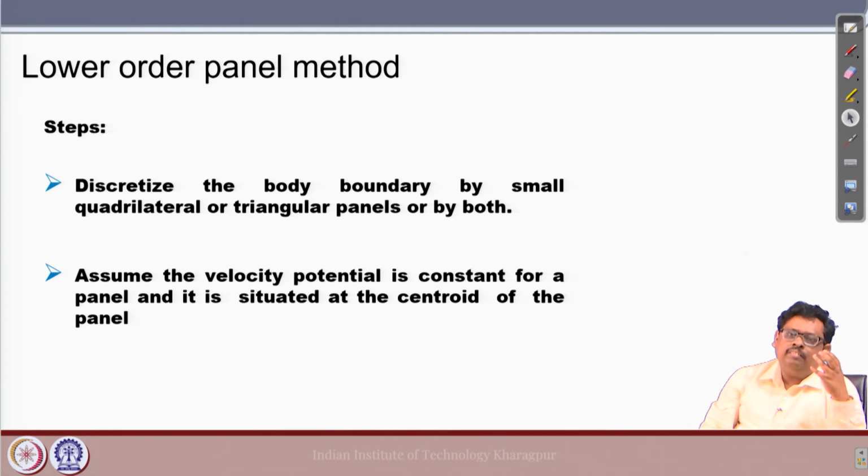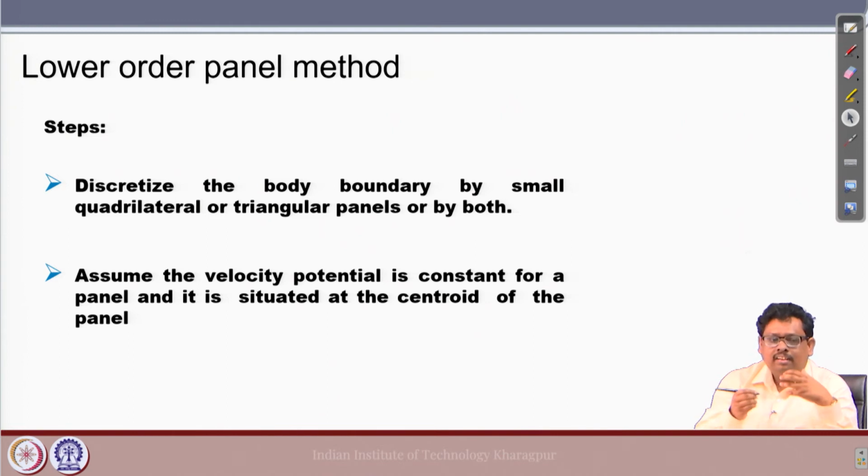So, this is how, again I am repeating the same thing again and again, just so that you will be more comfortable with these things. I understand that in order to understand it fully, you have to see the thing repeatedly. So, again, many times I said the same thing, here also the idea is to discretize the body, that boundary,